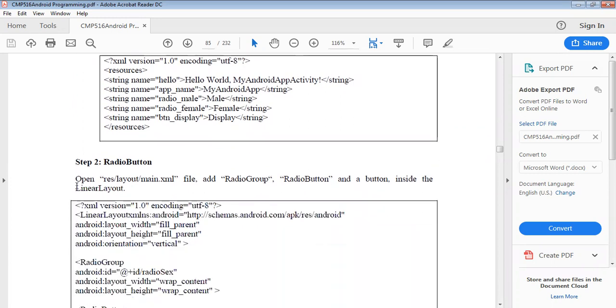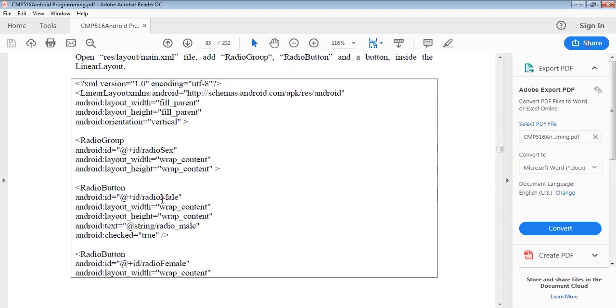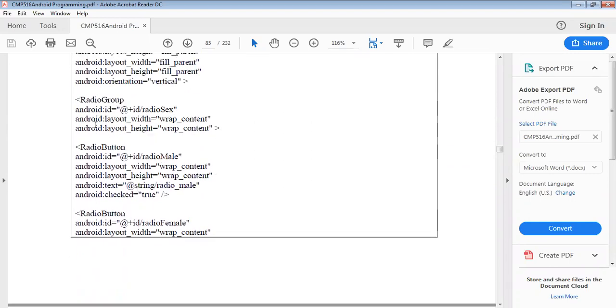In the second step, open the resource layout in the main XML file. In that file we add the radio group, and radio buttons and a button inside the linear layout also.